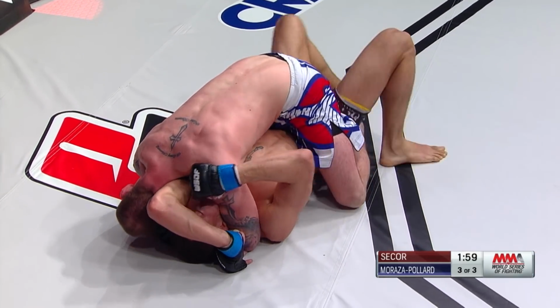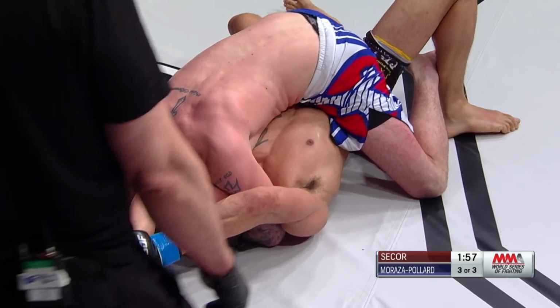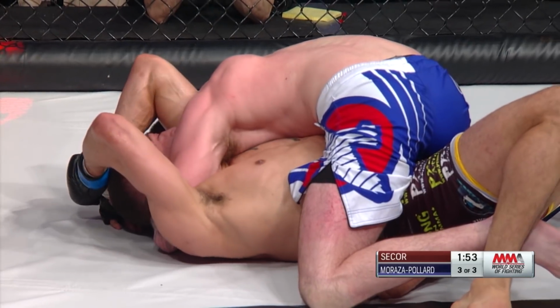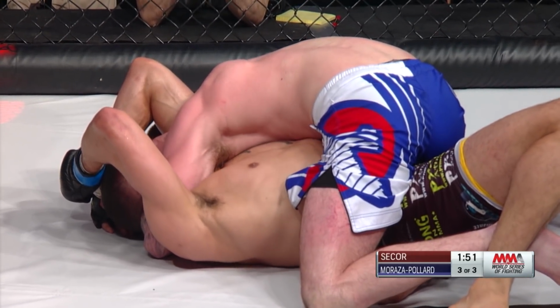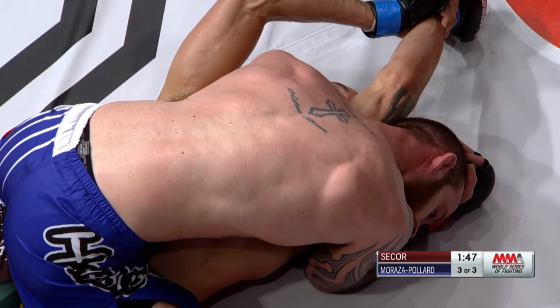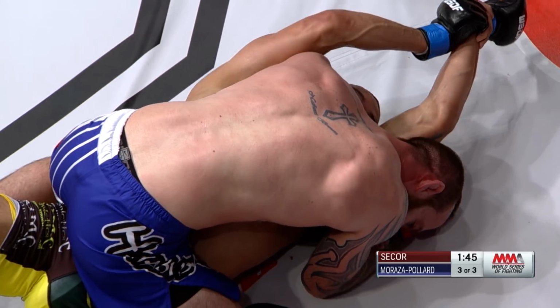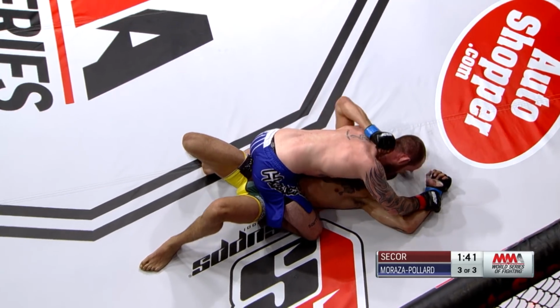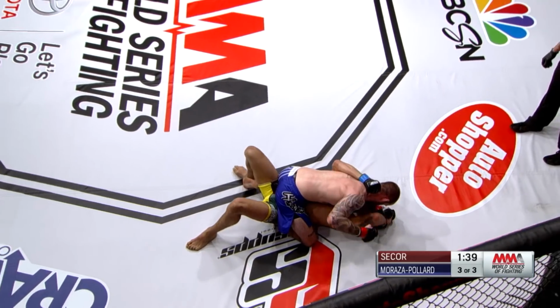And there he goes. He's looking for that head and arm choke. Looks like he's got it secured in. Stretched it out. Pollard is trying to defend. Now, Secor can finish it here. Some people have finished it here, but usually they have most success if he can get that left leg over the side of the body, get parallel to him. He'll have more leverage, but Pollard did a great job of defending correctly and escaping from